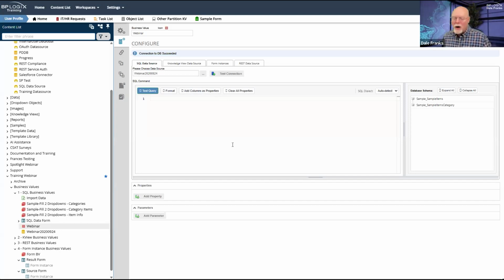So that lets me know what items I'm going to have access to by virtue of having access to this particular data source. Now, this data source only connects to 2 tables. If we look over here on the right side of the page, I just have 2 tables that appear in the section titled Database Schema. I individually expanded them, but you can expand or collapse them all at the same time.